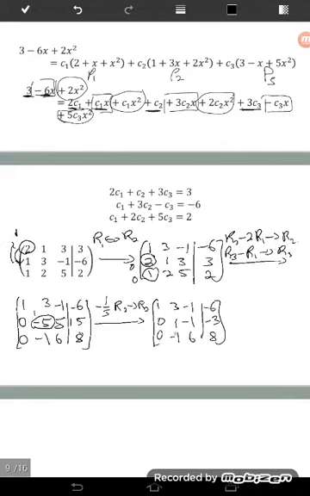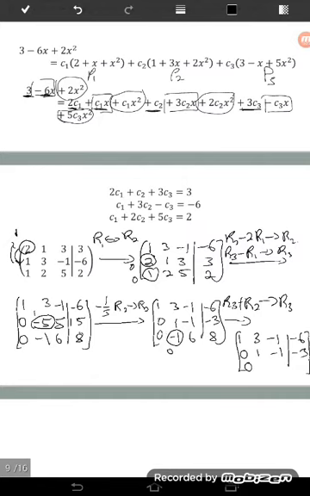And then after that, make this one become 0. To make this one become 0, we use row number 3 plus row number 2. So negative 1 plus 1 becomes 0, and put it back at row number 3. So I have here 1, 3, negative 1, negative 6. And then 0, 1, negative 1, negative 3. 0 plus 0, 0. Negative 1 plus 1, 0. 6 plus negative 1, 5. And then 8 plus negative 3 is 5.